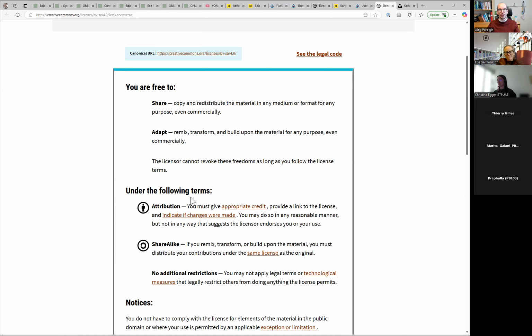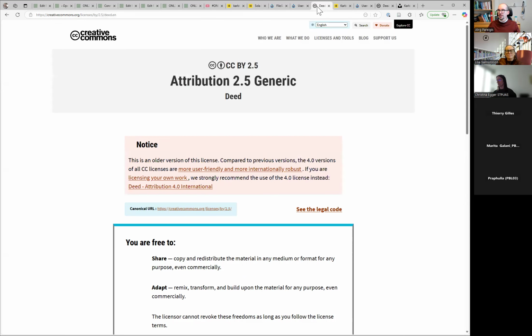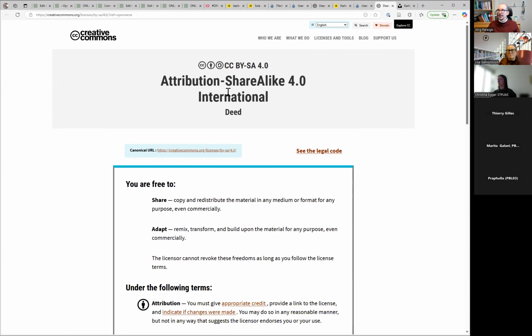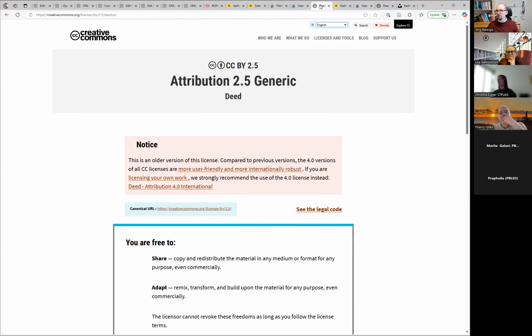So you have the power to do this. If you want to make use of this power, then you need to use this Share Alike license. Make sense? This is a little bit more complicated. The others are even more straightforward, I'd say.